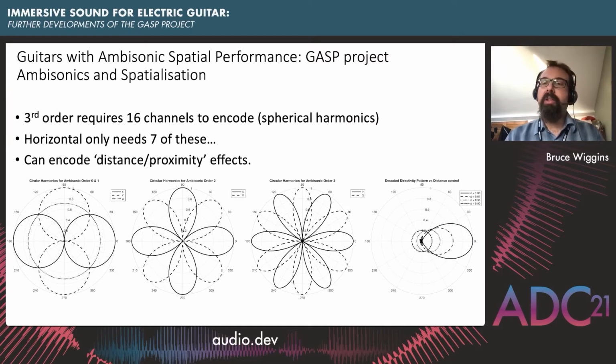GASP currently works to third order ambisonics, which requires 16 channels to represent the spherical harmonics to this order. Horizontal-only ambisonics actually utilises 7 of these, and these circular harmonics can be seen below. A decode is created by mixing together different amounts of these channels to create virtual microphones pointing in various directions and sent to loudspeakers. For presentation over headphones, these loudspeaker feeds are binauralized and summed, although the theory of spherical harmonics allows for more efficient filtering to take place as the binauralization can take place directly on the spherical harmonics,